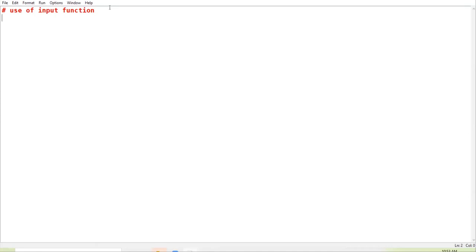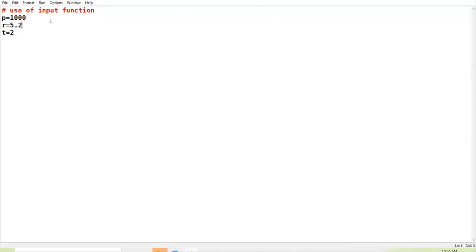In the previous lecture, we were doing the program of simple interest, and you initialized the principal with some value, rate with some other value, time with some value, using the assignment operator. This is called initializing the variable. Initializing means giving any particular value to the variable by using assignment operator. Clear?